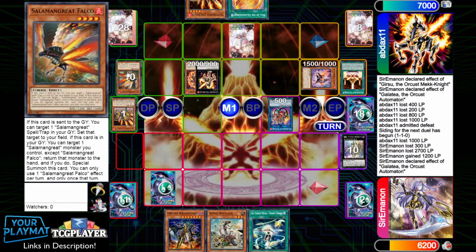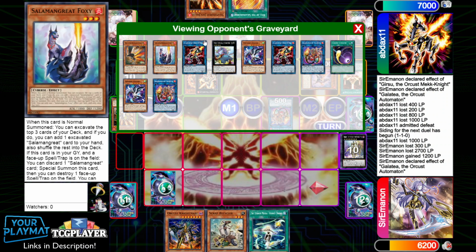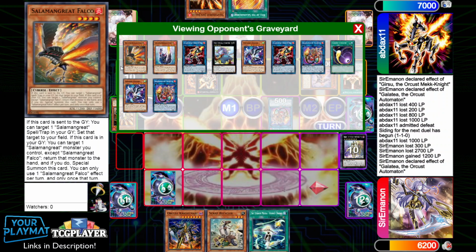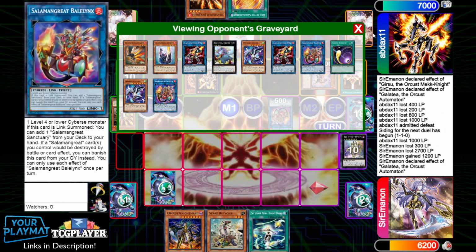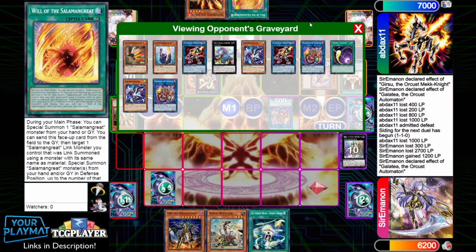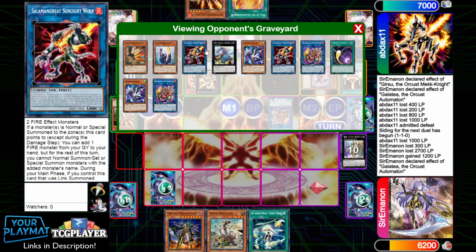I like to not Call By the Grave here, because if I do, then he just goes into another Wolf, and then he can Jaguar. Oh, no, wait. He doesn't have Jaguar right here. But he does have... Actually, let me think. Yeah, so if I don't do it, then he could just go into...